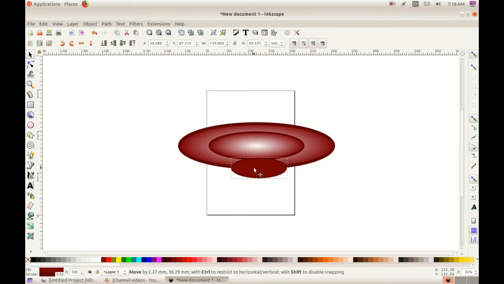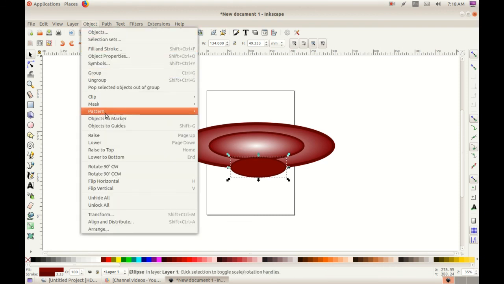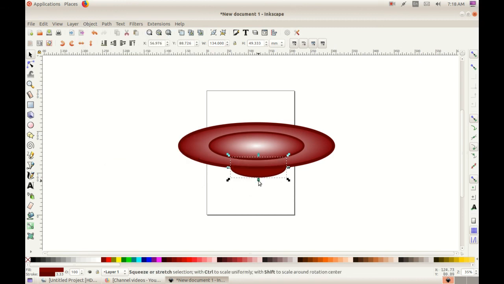Placing it here, see, it is over the first figure. I want to make it below this bigger round. We have learned one feature, that is object, lower to bottom. Okay.